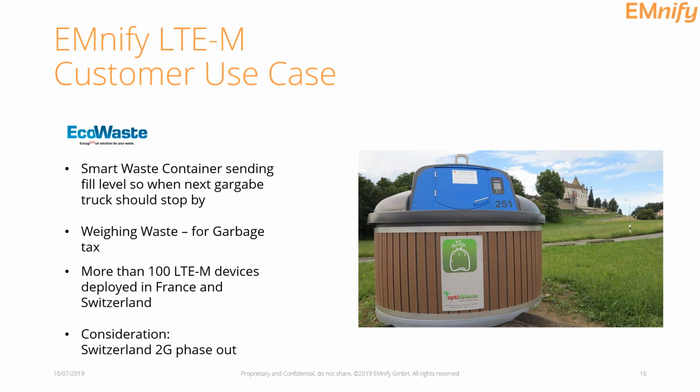And also here in Switzerland, there are some communities where there's a need to also weigh the garbage for tax purposes, and they have built in, let's say, the method of weighing the waste